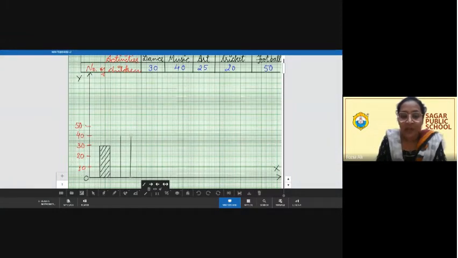Here I have taken a gap of 1 centimeter, and the width of the bar is also 1 centimeter. So all the bars will be same. So here I'm reaching up till 40, and here I can use different color and make it look more appealing, more interesting, and this will be the music activity.